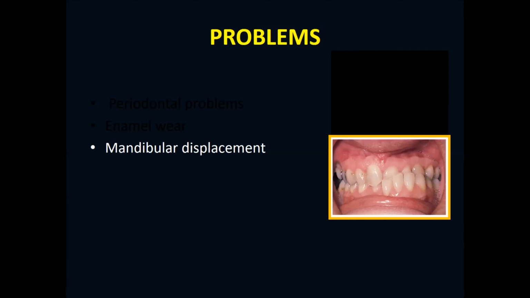The mandibular displacement could be another problem of the anterior crossbite, because if the patient is occluding his mandible and you are not having a proper relationship, or any kind of dental interference on the centric relation, and if there is a contact or deflecting contact on the centric relation, the patient may move his mandible laterally or anteriorly to avoid that dental interference, and this may lead to the displacement of the mandible. And if the displacement of the mandible is asymmetric, deviating the mandible left or right, you may encounter the development of facial asymmetry, because this dental interference, because of the anterior crossbite on the centric relation,